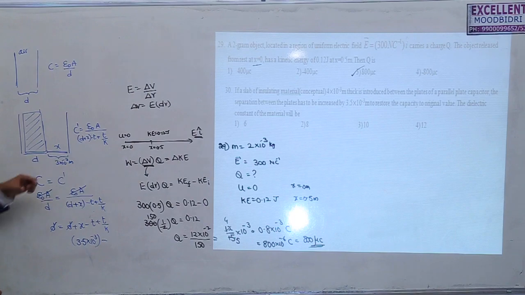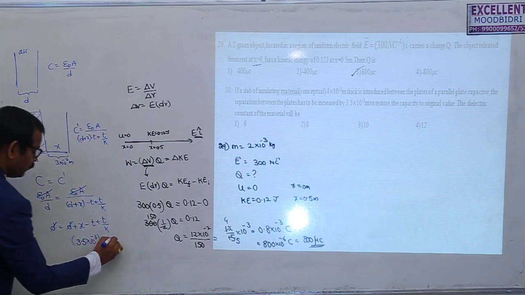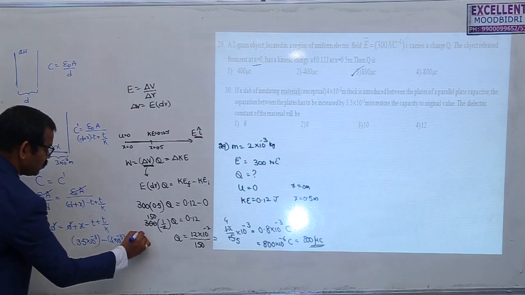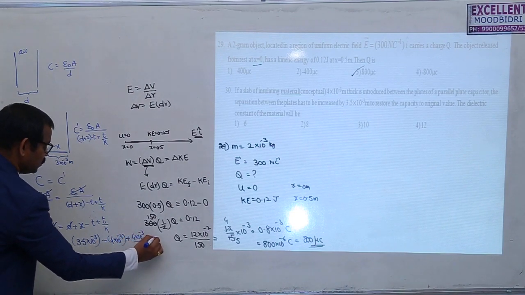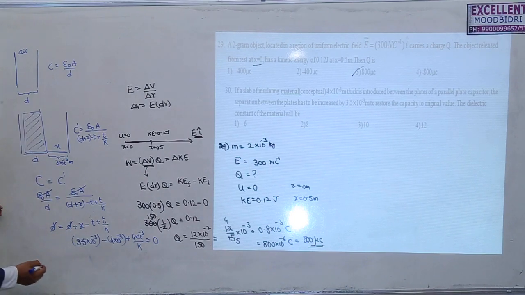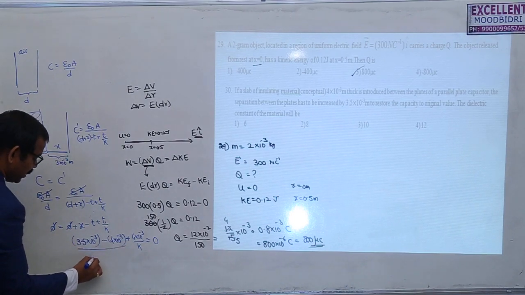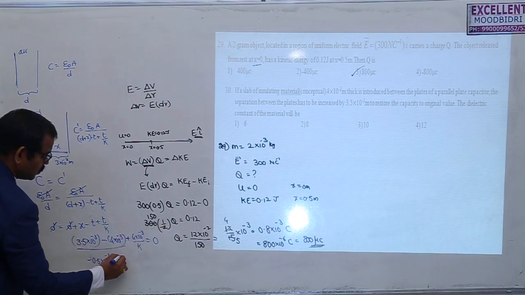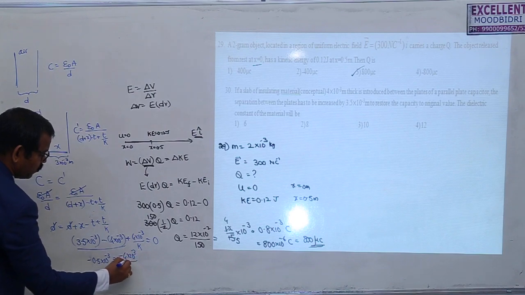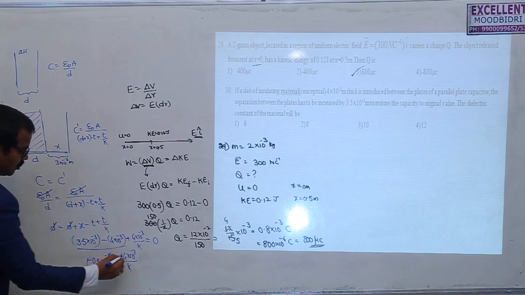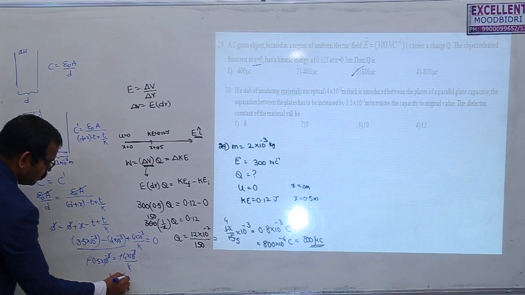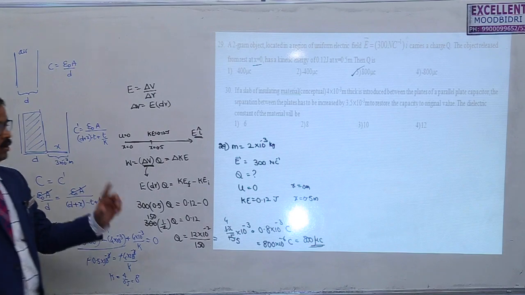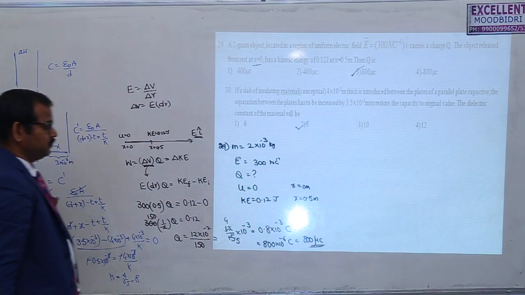The thickness of the dielectric that is placed here is 4 into 10 power minus 3, plus 4 into 10 power minus 3 by k. This is equal to 0 because d minus d becomes 0. Now if you take this value, this is minus 0.5 into 10 power minus 3, which is equal to, when it goes that side, minus 4 into 10 power minus 3 by k. Minus minus gets cancelled, minus gets cancelled. So k is equal to 4 by 0.5, or 8. So the dielectric constant of this one is 8 here.